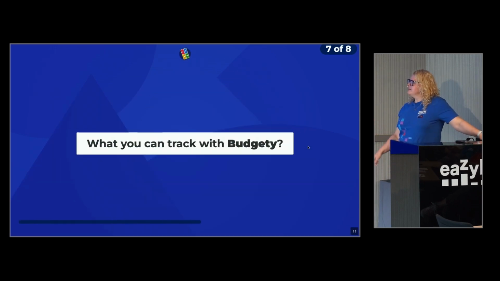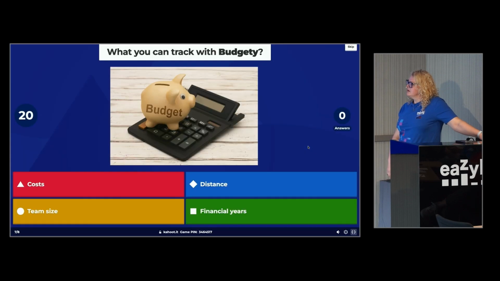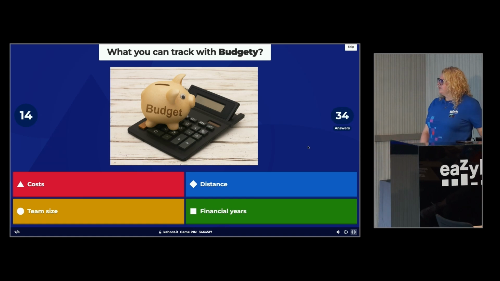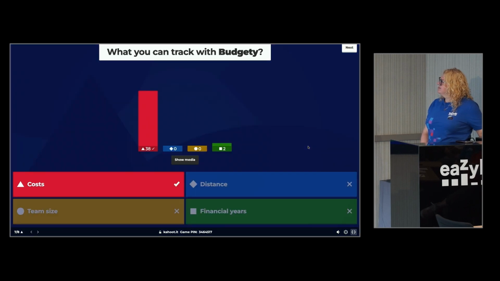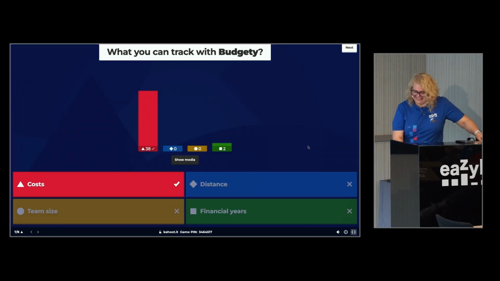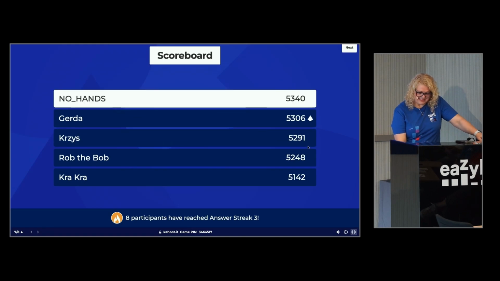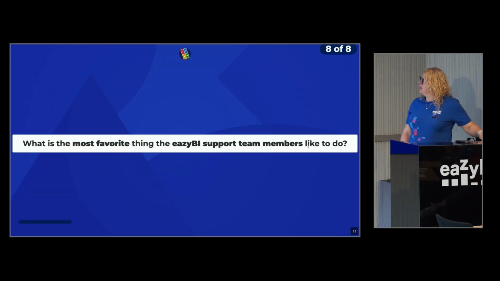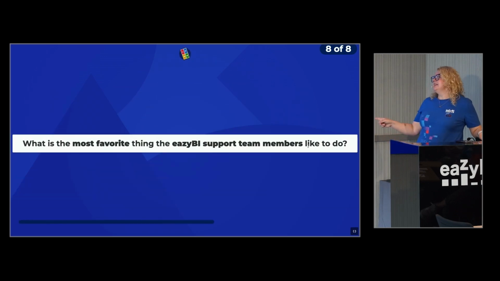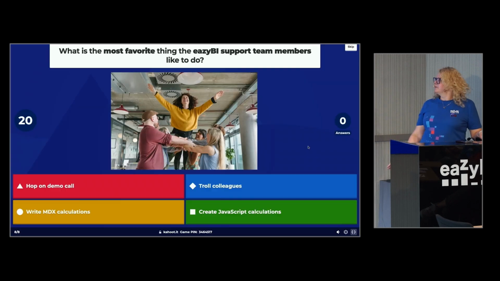Okay, the next question. What can you track with Budgetate? Costs, time size, team size, distance, or financial years. For one day, what is the favorite thing the EasyBI support team members like to do?